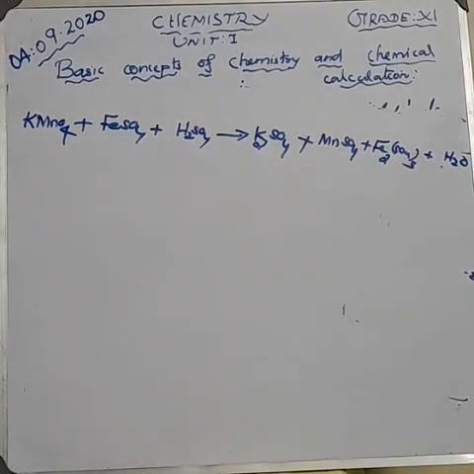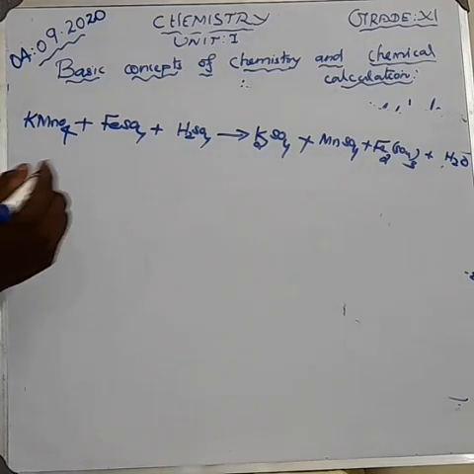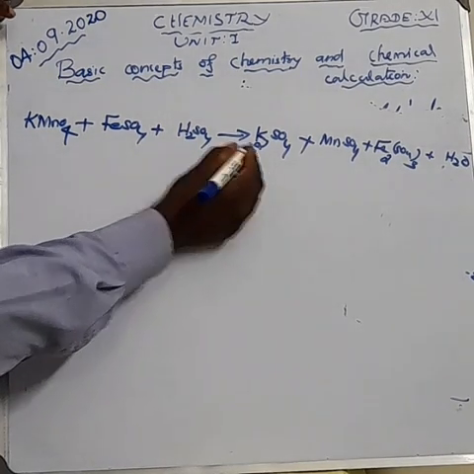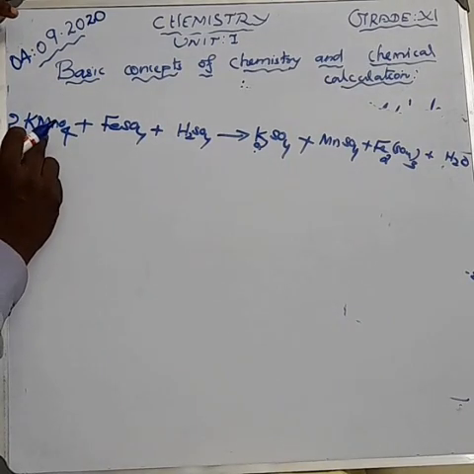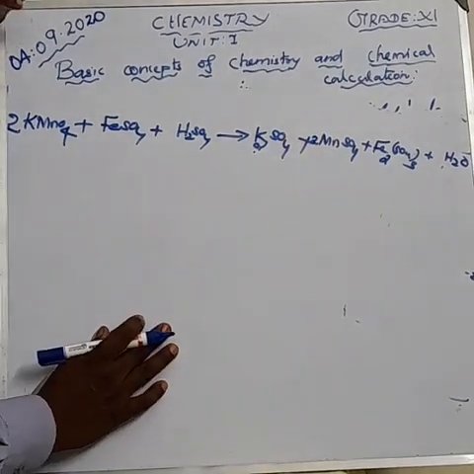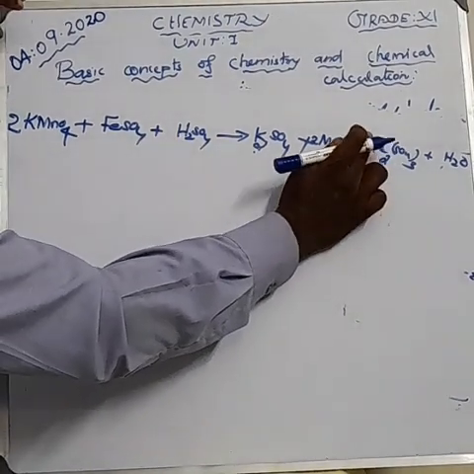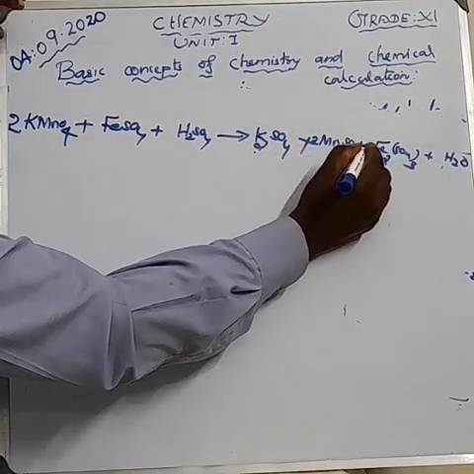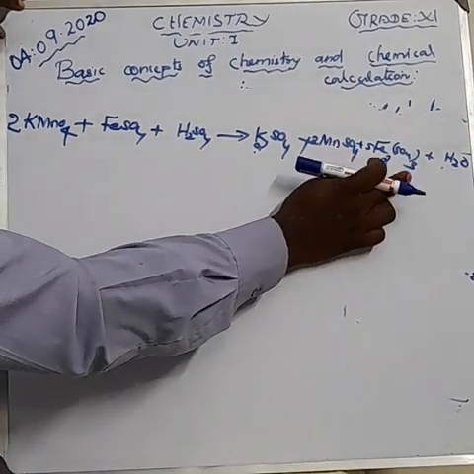Okay, first of all, how can you balance the equation? Balancing is compulsory. 2 potassium is there, so make it 2 here. 2 manganese is there, so make it 2 manganese. This is also having sulfate. First of all, the easiest way is to make it 5 here. Okay, clear?